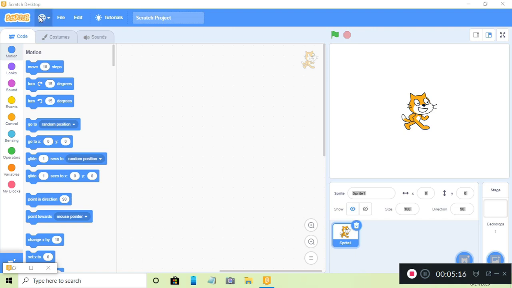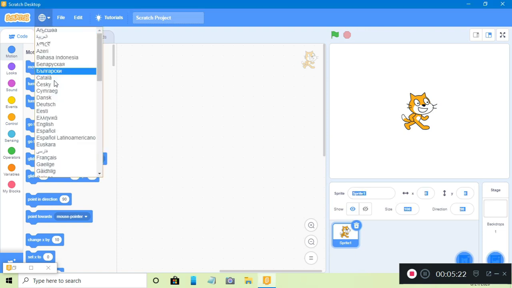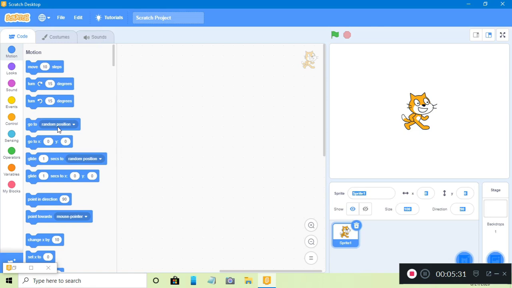There you can see this is the world sign. When you click here on the drop down button, you will find many languages. So we will select English as our language. Make sure that the language is set to English only.